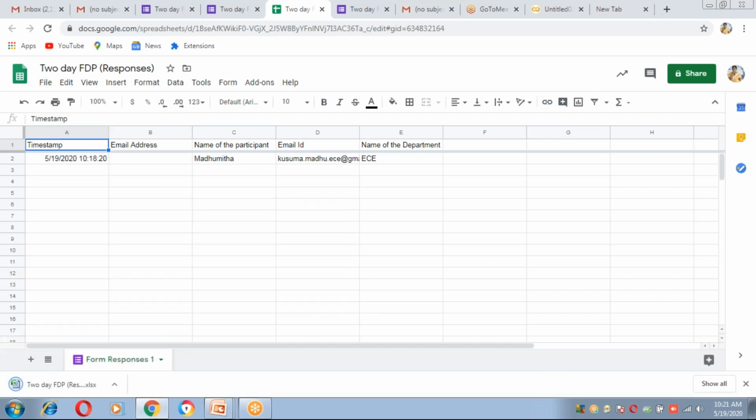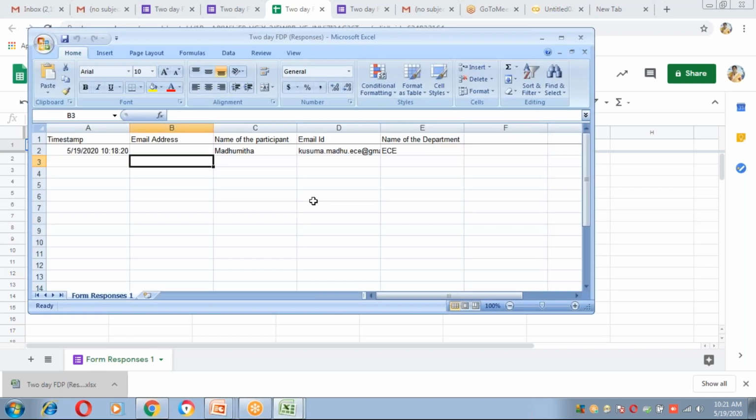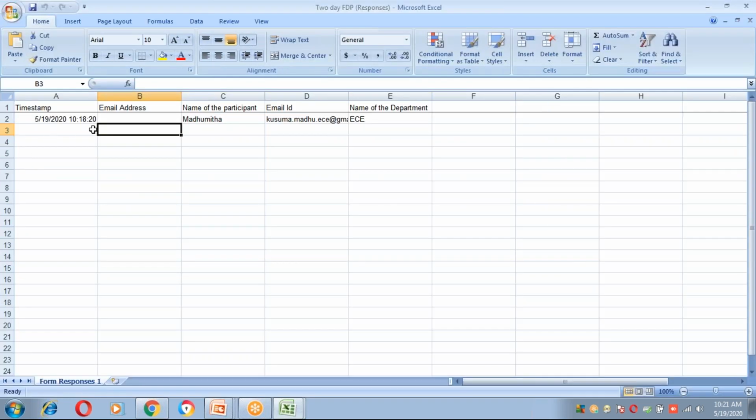Download in the Excel form, and now it will be downloaded. Okay, the download is completed. This is the downloaded Excel sheet. Likewise, we will get the participants' response list.